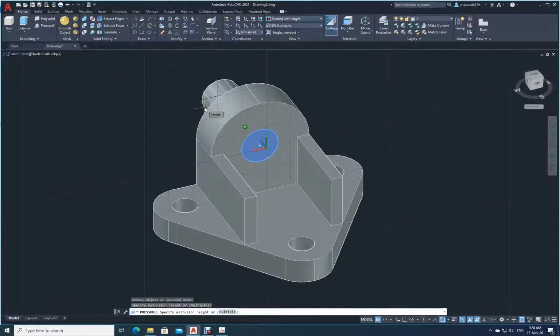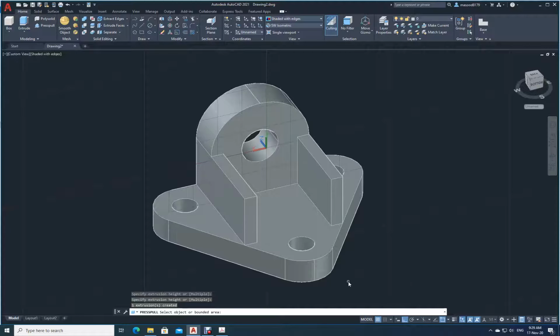You go 14, or you just pull it out because we are only cutting 14. If I just do it, see there? It is coming in this direction. I have to make it minus 14. So let me cancel it. I will just press pull. Click here. Just go down like this. Just pull that direction and click. See, it already made a hole.